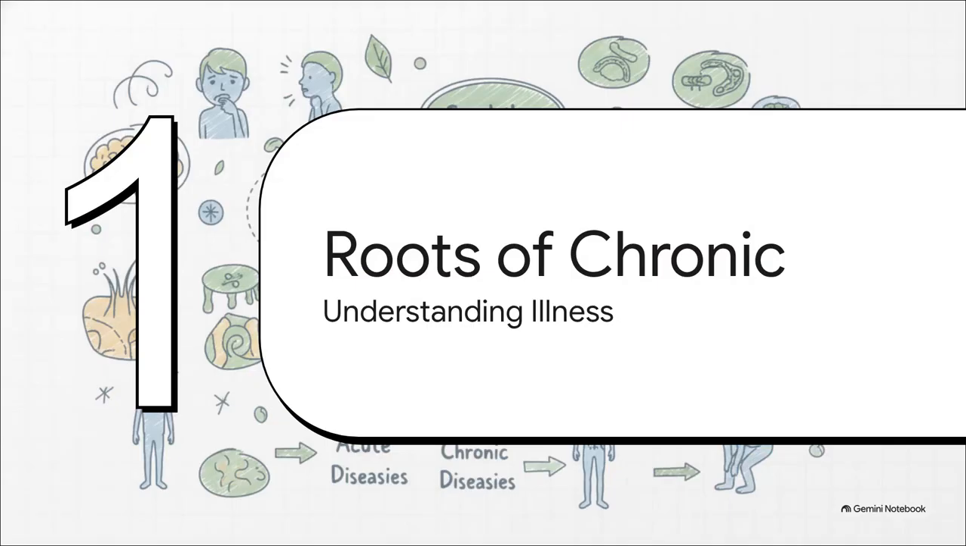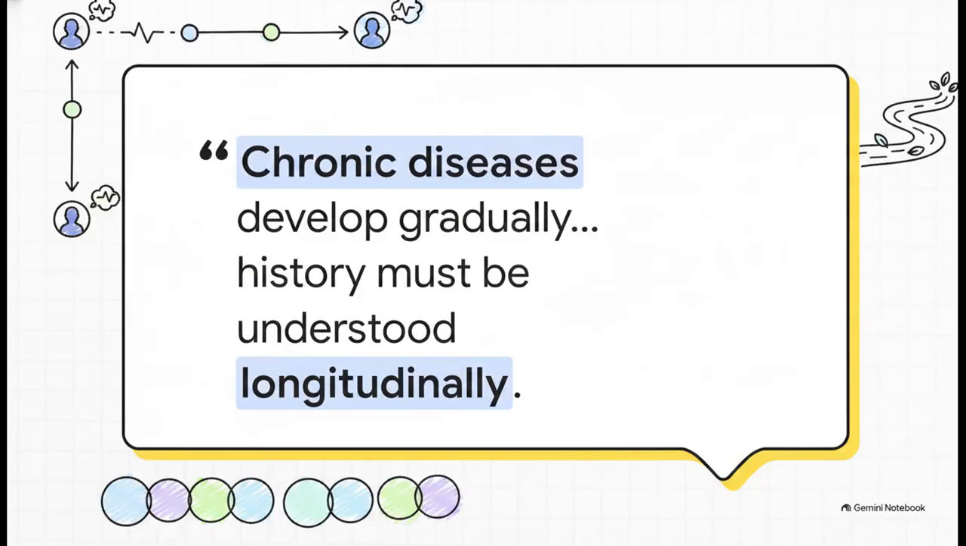Pivoting away from rapid outbreaks, let's look at Section 4, the roots of chronic disease, understanding lasting illness. When classifying an illness as chronic, the practitioner absolutely cannot just look at a snapshot of today's symptoms. As the source material strictly dictates, chronic diseases develop gradually, meaning the patient's history must be understood longitudinally. Practitioners have to evaluate the entire lifespan. They look at the baseline health before the onset, the sequence of recurrences, and exactly how the disease has evolved